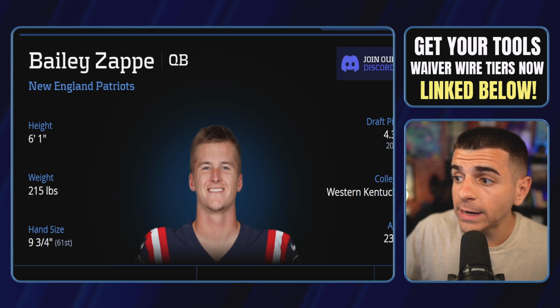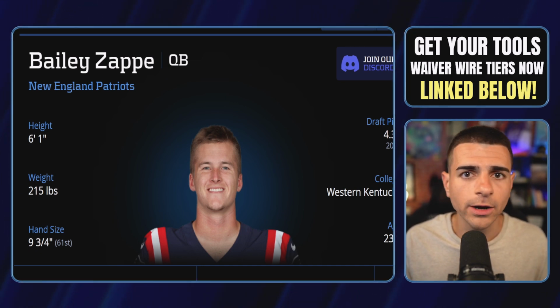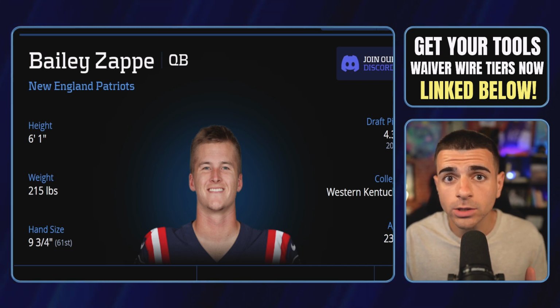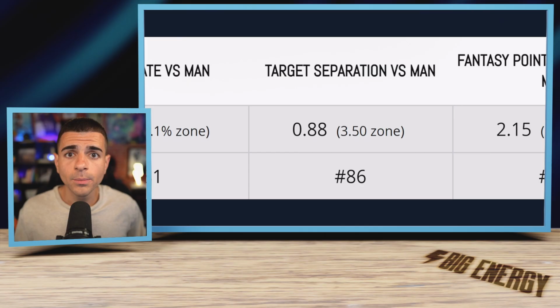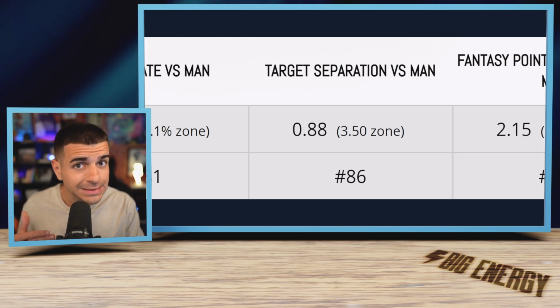The Patriots are already down to their third-string quarterback, Bailey Zappi, who honestly, look, didn't look that great. He's a rookie, so you can't be too harsh on him, but he's not going to be good for fantasy production. But outside of the quarterback, Devonte Parker right now is not playing well. He's ranked 86th at getting open versus man coverage. That's not good. So pass on this bad combination of not getting open with third-string quarterbacks, but then add